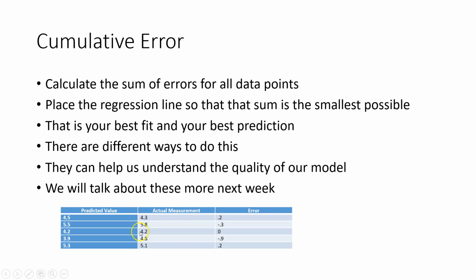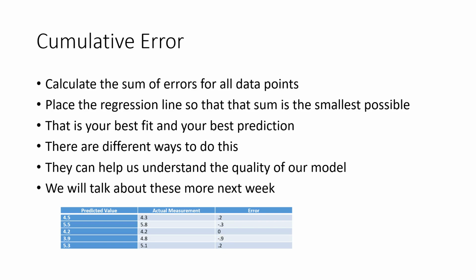Then we have 4.2, that's spot on. We have 3.9 predicted, which was quite a ways away from the actual value, so that's a negative 0.9. And then our predicted measurement is 5.3, and the actual measurement is 5.1, for a difference of 0.2. If you get a list of those, maybe it's 100 or 5,000 or 10,000 long,